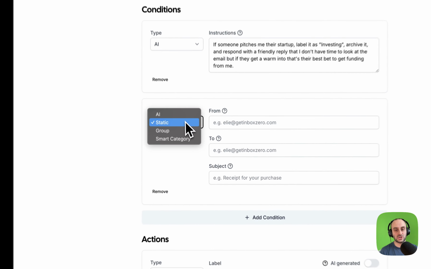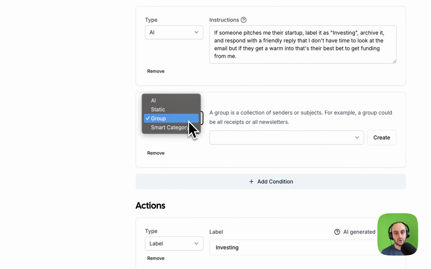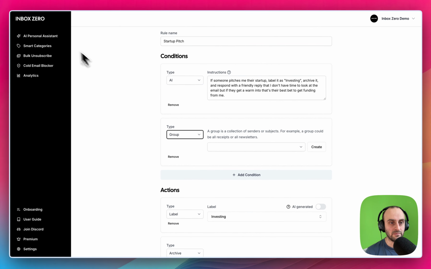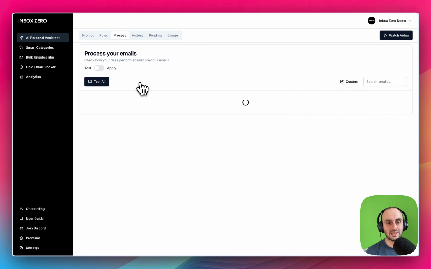And you have different conditions you can add. So if it's always, let's say, a team member, then you could add a condition like this. And you can also choose if an email is part of a group or a smart category, which I'll cover shortly. Now, jumping back to the assistant, once you set up your rules, you will see a screen like this